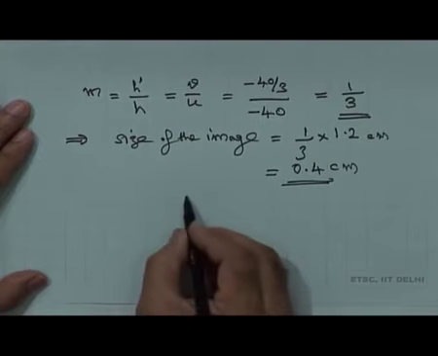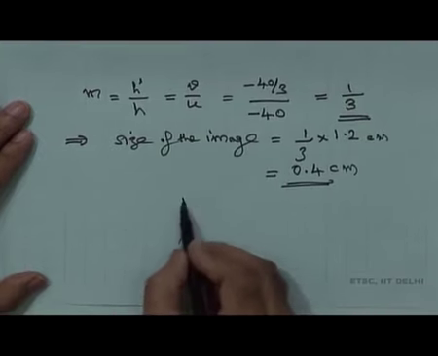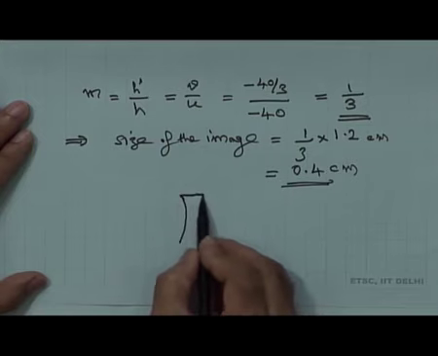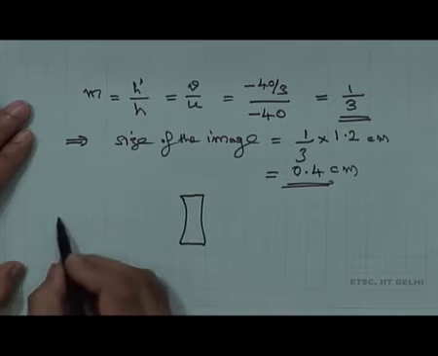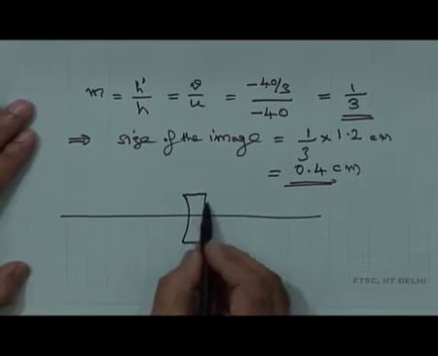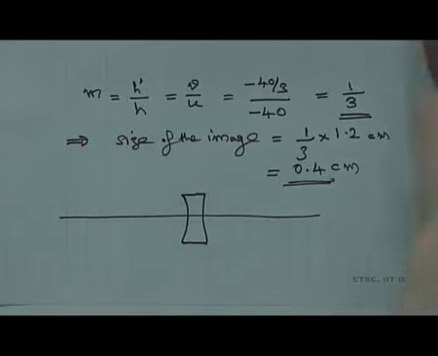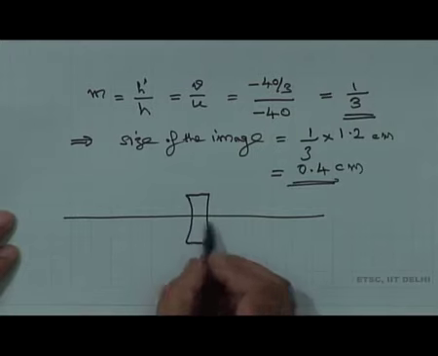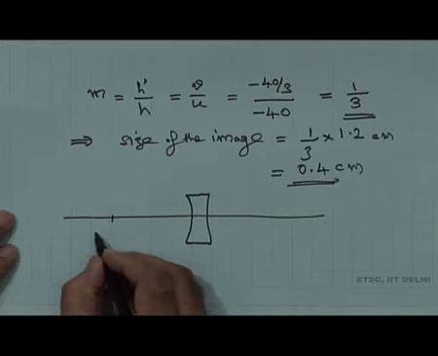Here is the equivalent lens; either we show both the lenses or we say that this is the equivalent combination. We have just calculated the focal length of the combination as minus 20 centimeters. So, this is minus 20, the focal length f,